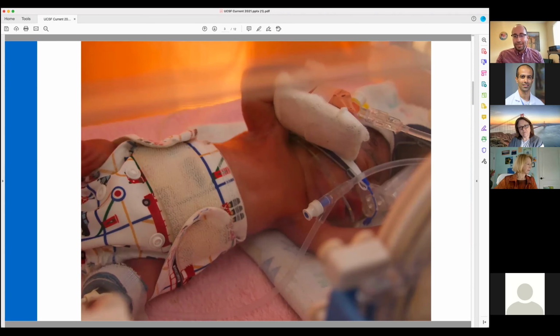But this is the exception. Goma and San Francisco have almost nothing in common when it comes to newborn care. This setting in the Eastern Congo has one of the highest neonatal mortality rates in the world. And when I was living there, it was as high as 1 in 20 of all babies. It's extremely difficult to get specialized pediatric training. So I was one of 2 pediatricians in a city of 800,000 people.